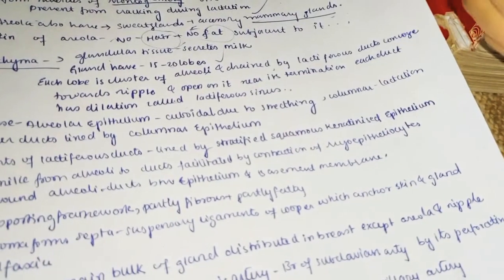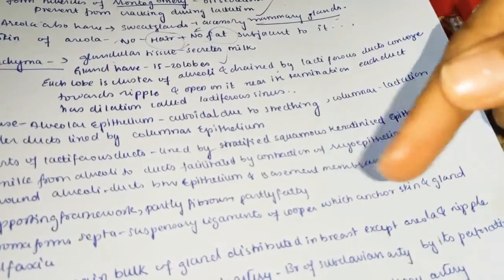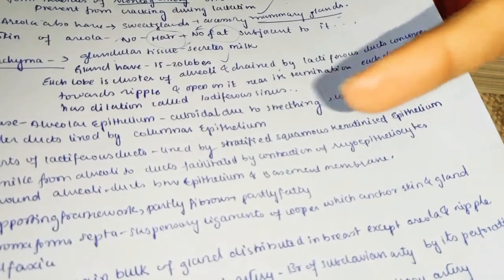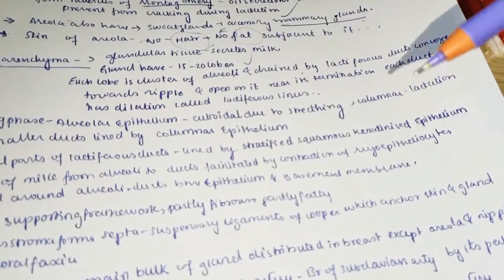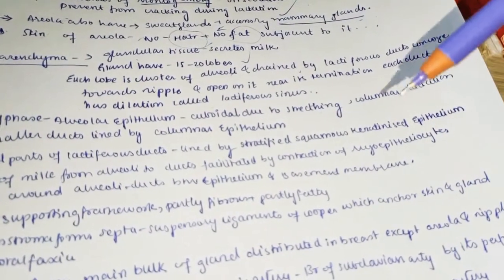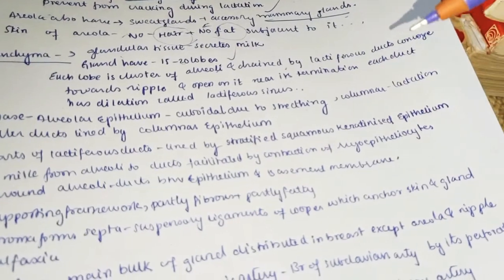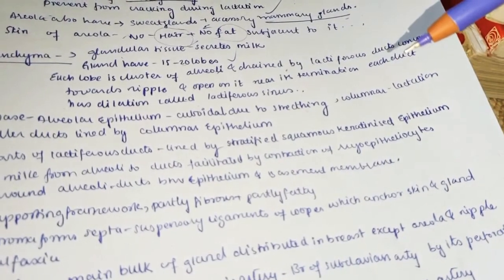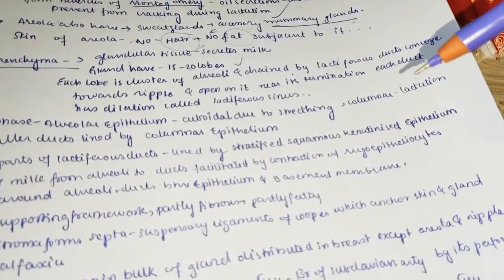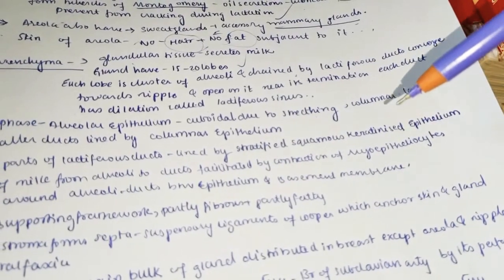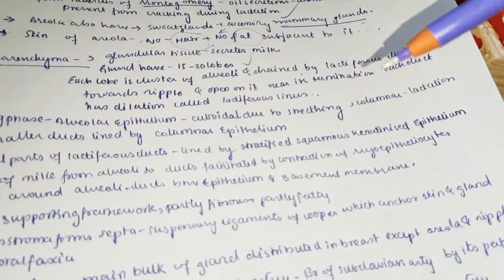So you can remember why they're columnar. Columnar means they will be at the side so that there is a way for the passage of milk. But whenever they are cuboidal, the whole way is closed. As the way is closed, the milk cannot come out. Whenever it's columnar, there is more space so that the milk can come out. So during lactation, the alveolar epithelium is columnar, whereas during resting phase, the alveolar epithelium is cuboidal.